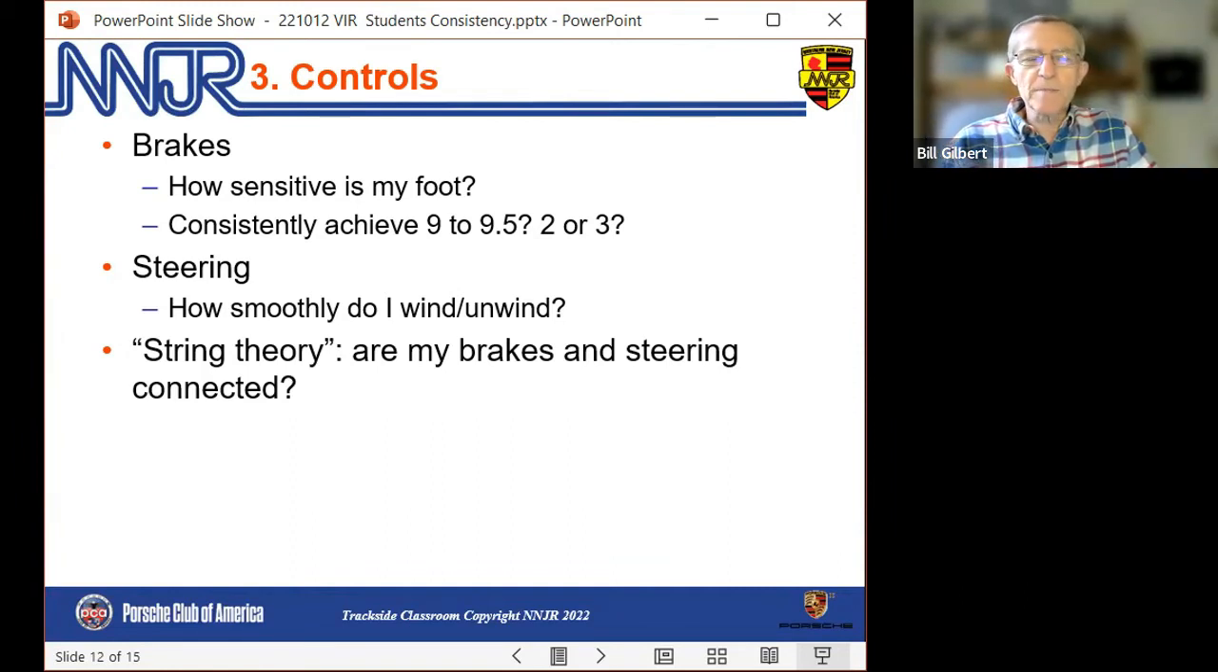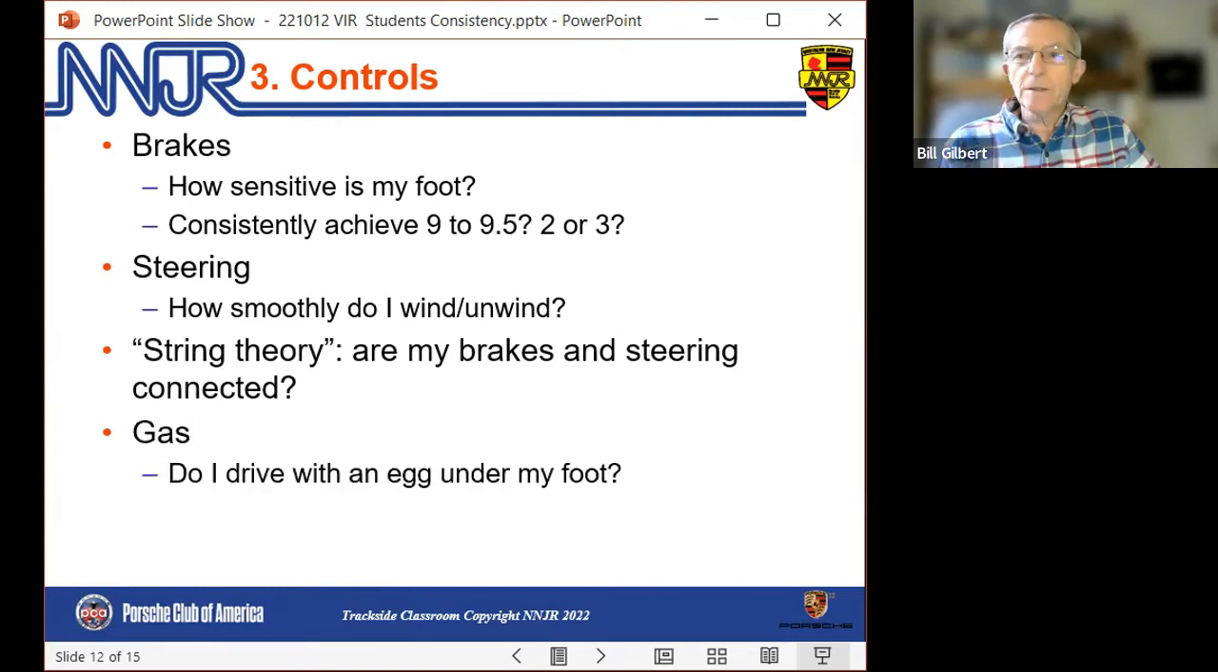Now, string theory is mentioned here. That basically is telling us that if we're turning the wheel, we have to be relaxing the brakes. We can't be full on the brakes and still turning the wheel, or the tire's going to run out of grip. And of course, the gas pedal is